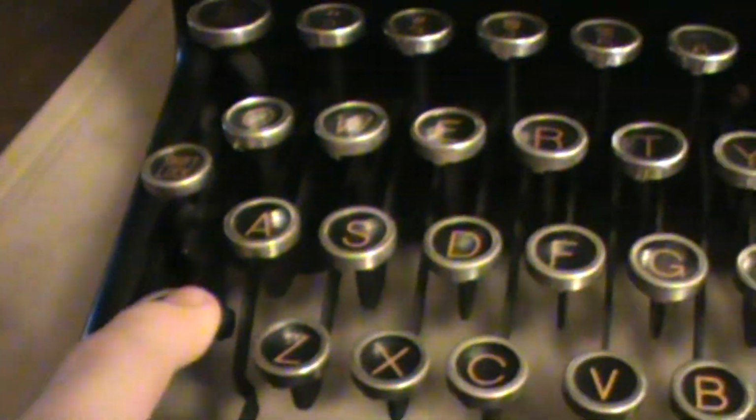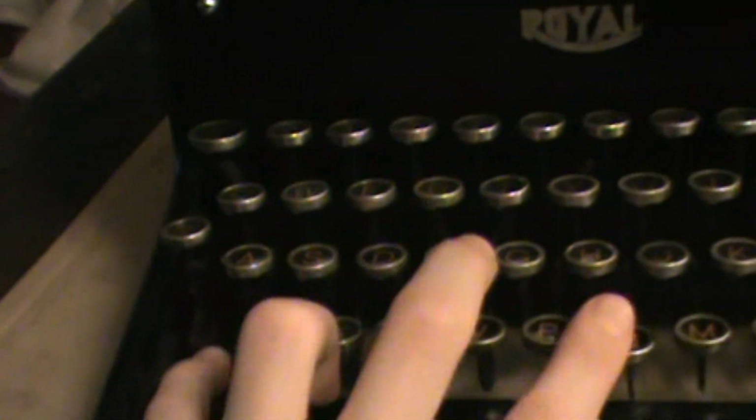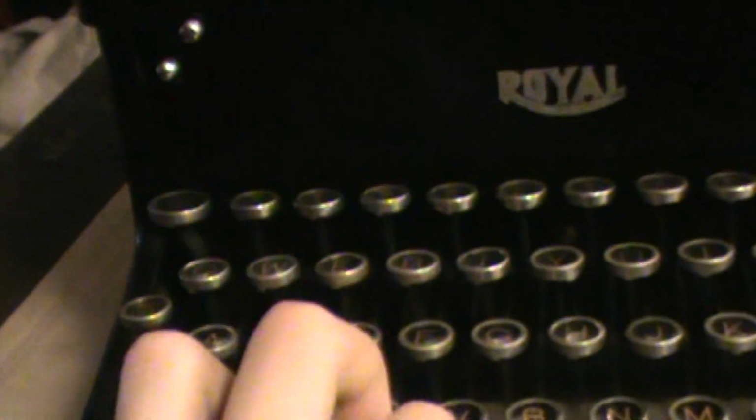How do you do a capital T? Simple. You simply hold down the shift bar and press any of the letters you want, and that'll give you a capital letter. Like that. Show you my fingers as I do that, holding down the shift bar, and then press, and it is a